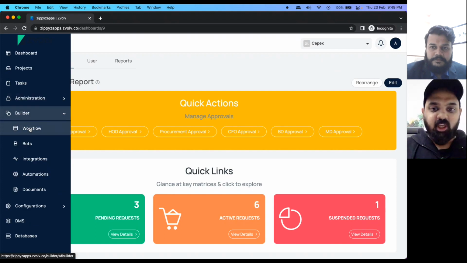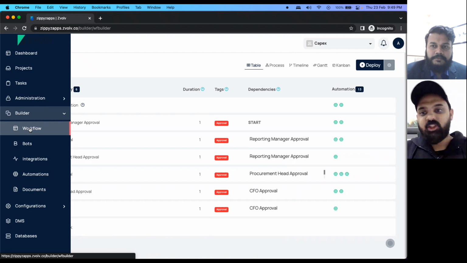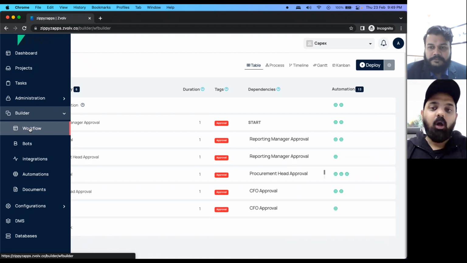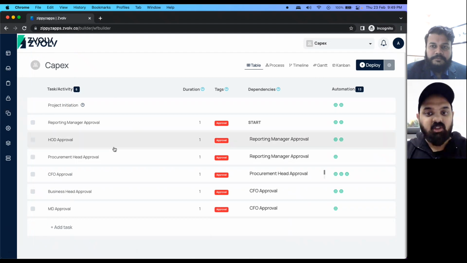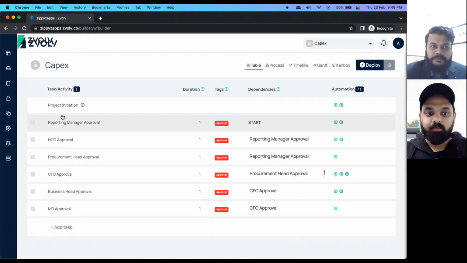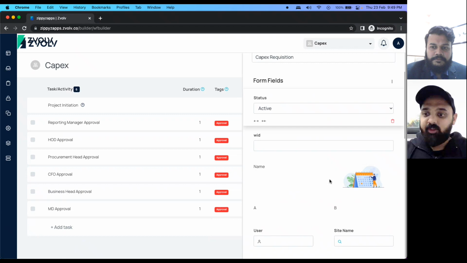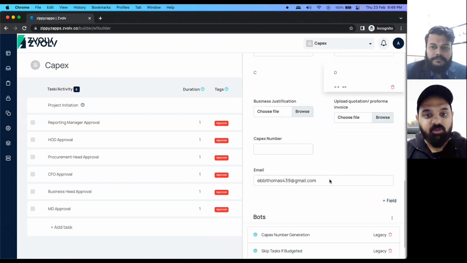Let me just quickly recap the steps that we went through to build this application and walk you through how they come together. So we went through the process. This is the process that we have mapped. These were the fields that we had created. These are the forms that we had created.